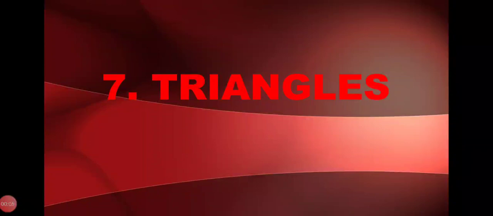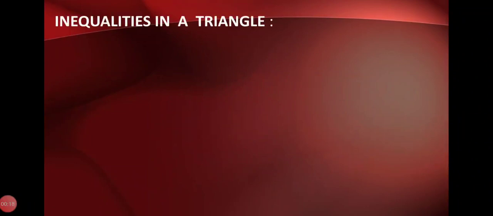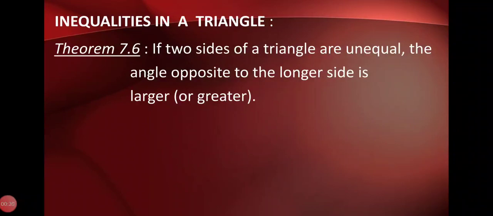So, today let's start with the last topic of the chapter, triangles. And the last topic is inequalities in a triangle. According to this topic, there are three different inequalities in a triangle stated in the form of theorems. That is theorem 7.6,